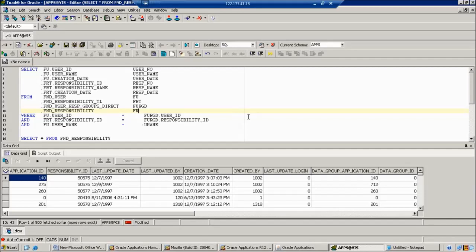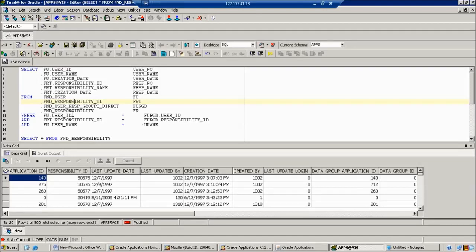Is it possible to give the join between FR and FRT? Because in FRT we have a responsibility ID and in FR also we have a responsibility ID. Both tables have a common column. So is it possible or not? And we can also give one more join.